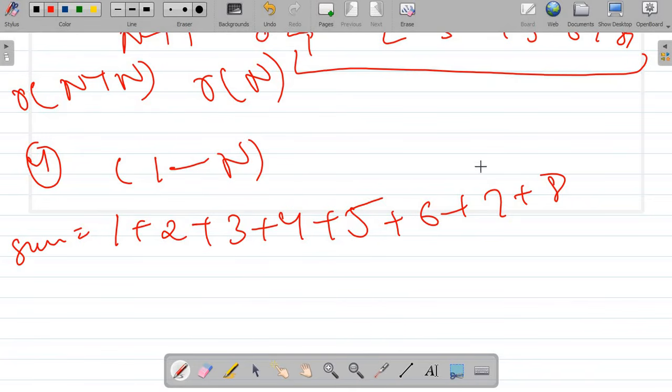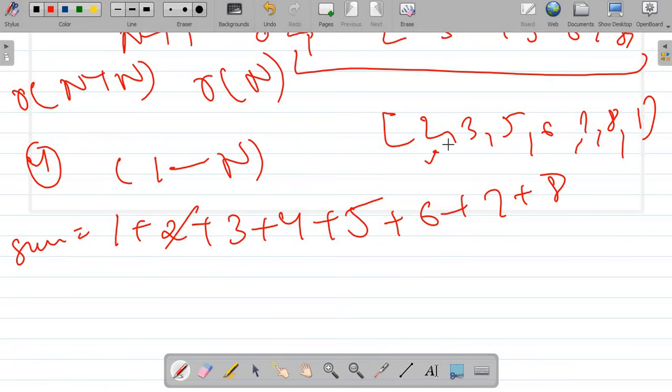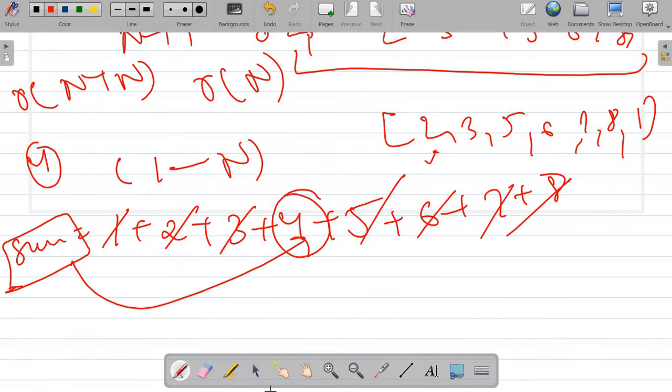Now suppose the array was 2, 3, 5, 6, 7, 8 and 1. I'm just going to traverse this array and subtract these numbers from this sum. So first I'll subtract 2, then 3, then 5, then 6, 7, 8 and then 1. So at the end, the number in sum is 4, which is our actual answer. Now this approach takes time of order of n and a space complexity of order of 1,